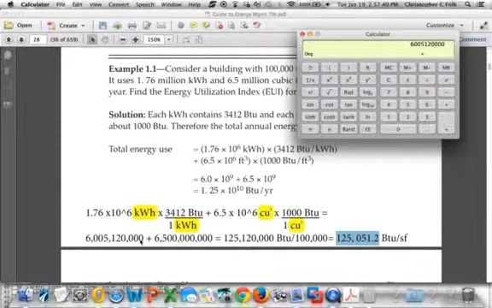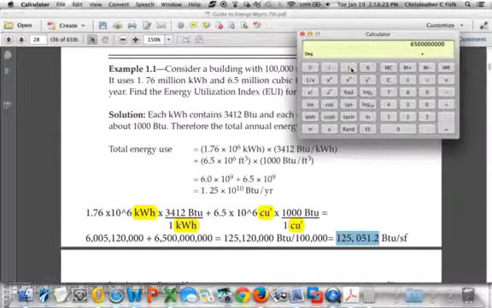The number of BTUs, 1.76 million kilowatt hours. And I want to add that to the remainder of this formula. So I've hit the plus symbol already. And so now I'm going to use the parenthesis. And when I do that, it shows up as the parenthesis. Now I can put in the 6.5 raised to the 6th power, and we'll multiply that times the 1,000 BTUs that are in a cubic foot of gas. When I close the right parenthesis,